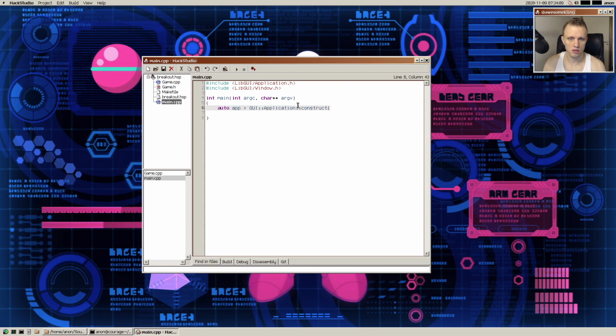Application construct, and GUI window construct, and I think we will resize the window to 640 by 480. I was gonna say, you know what? Let's do something like this. Game.h, and then game